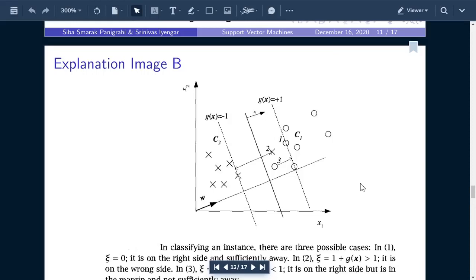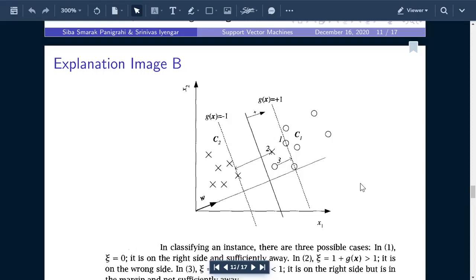So what I try to do is assign something called a slack variable. What exactly is a slack variable? A slack variable is the distance of the points from the hyperplane, which will signify the penalization I would be giving them. If someone is deviating a lot from its margin, then I will penalize it more on the basis of the slack variable.